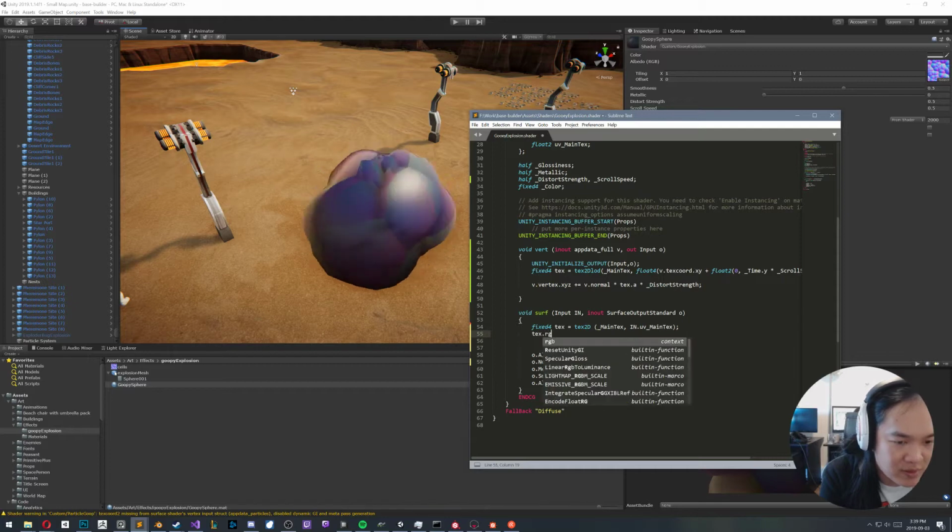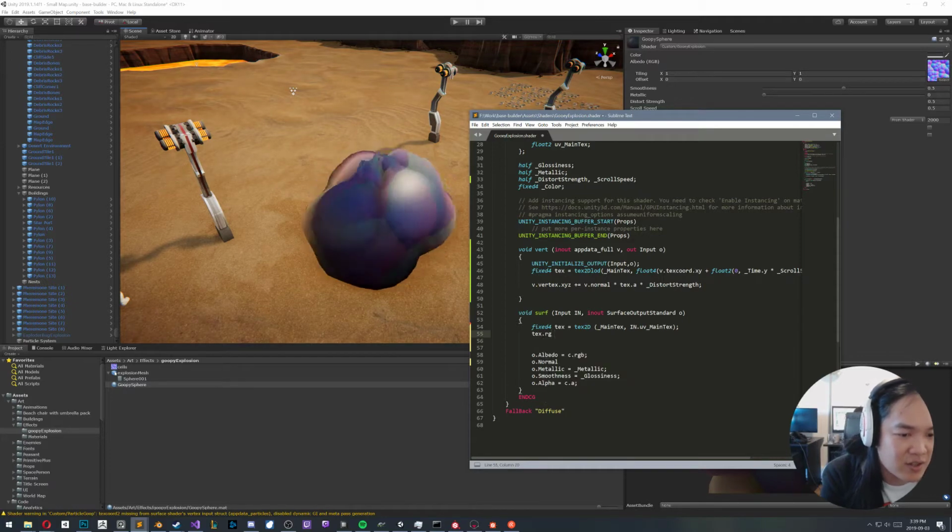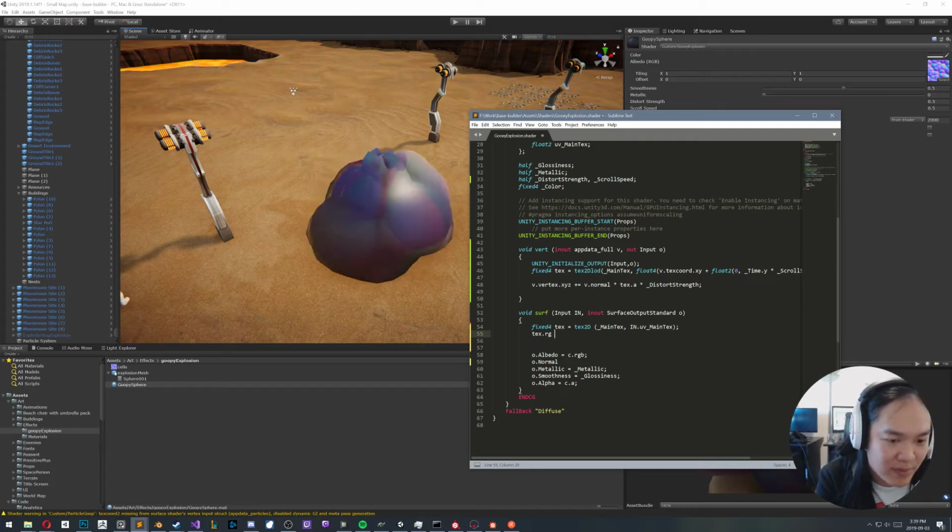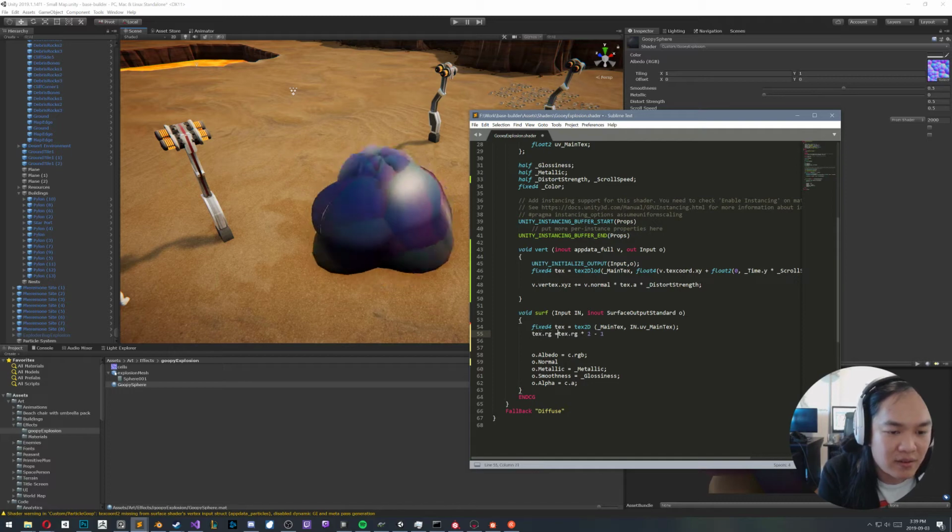So that's the R and the G. In a texture, they're between 0 and 1, and we want those to be between -1 and 1 instead. So we have to multiply this by 2. That makes it from 0 to 2. And then if we subtract 1, then that puts it back into -1 to 1. And then we should be able to say,